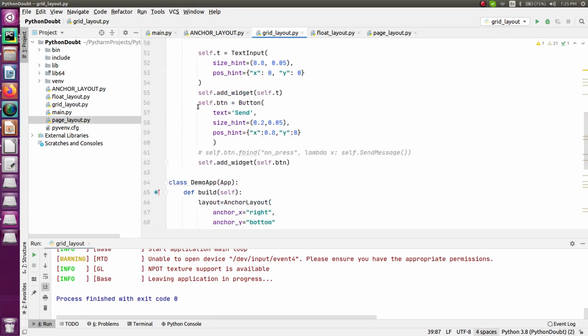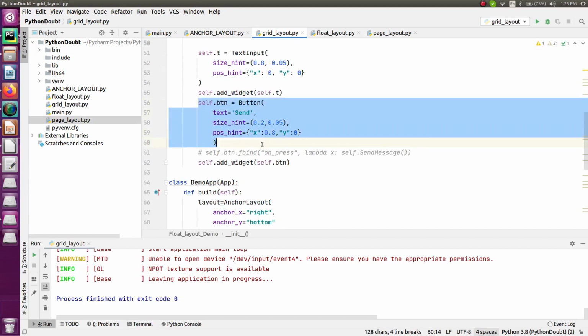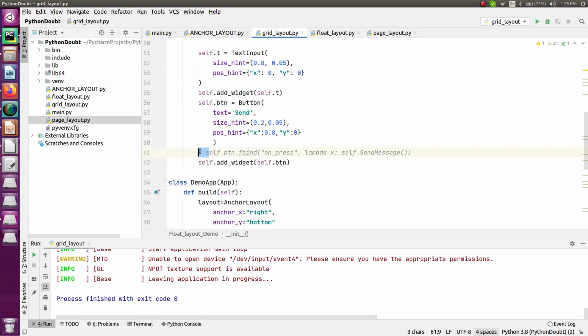And secondly, the second thing is this one, which is the button. So you have to add this self.btn, which is this one, dot bind. With respect to this, what exactly you are doing is setting up the requirement that when you press the button, at that time you will be calling this function. And what is that function? This is a function which I haven't created yet, but let me create this. And also you can write a different name for it.